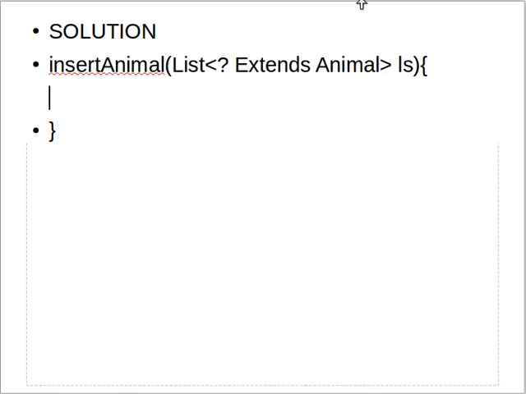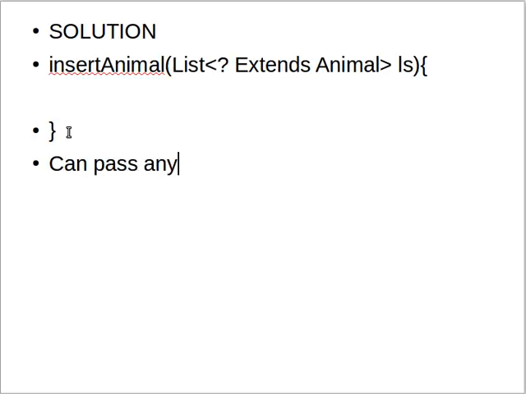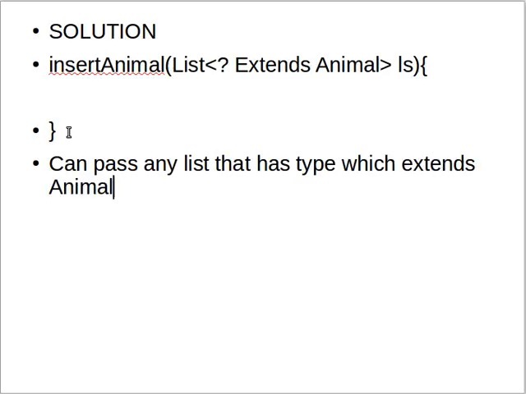So if you see this, there is a question mark there. The question mark is nothing but, you can say, a wildcard character here. Which means that this particular method can take any particular object which extends Animal. So this has the capability to pass any list that has a type which extends Animal,